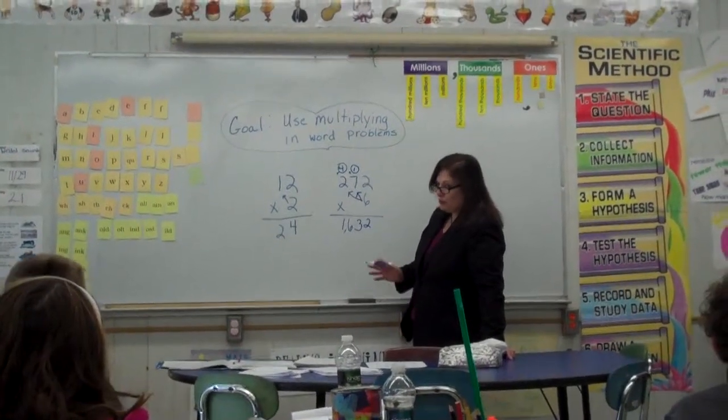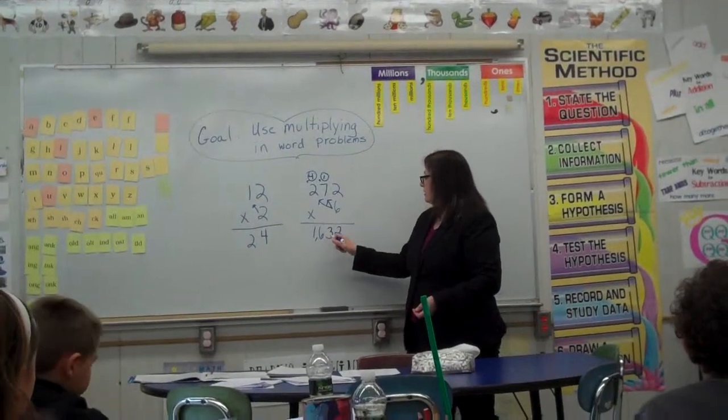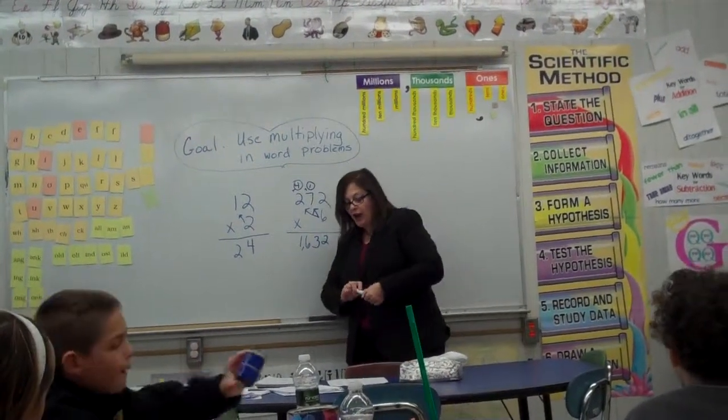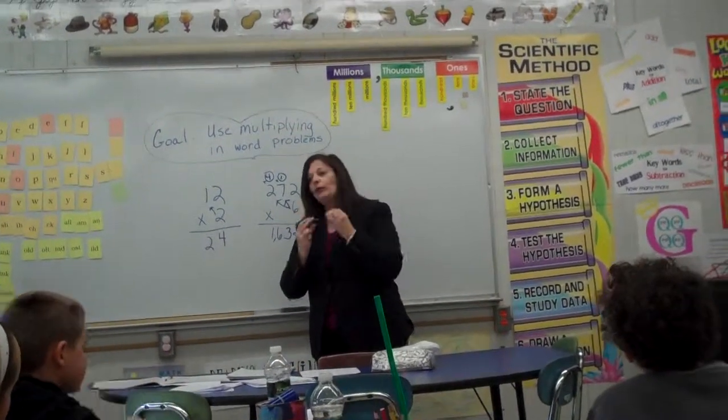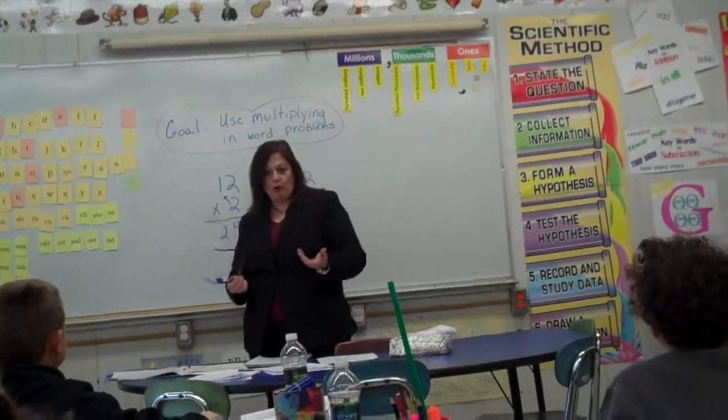And my answer is, who can read that number for me? Alyssa. 1,632. Good, and you didn't say and. Beautiful. Excellent. All right, so sometimes when we multiply, we need to use it in a word problem, or we